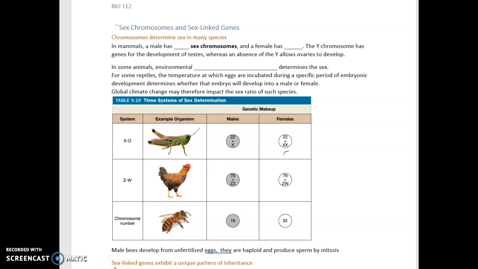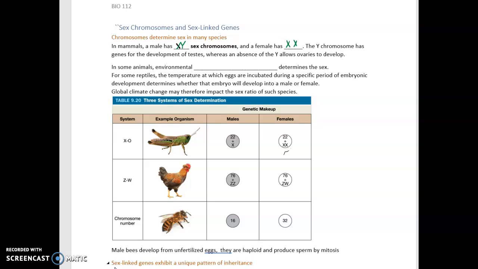Sex chromosomes and sex-linked genes. So the chromosomes are going to determine sex in many species. In mammals, the male has an X and Y, and the female has two X's. The Y chromosome has the genes for the development of testes, whereas the absence of the Y allows ovaries to